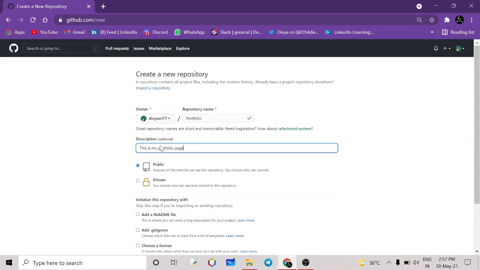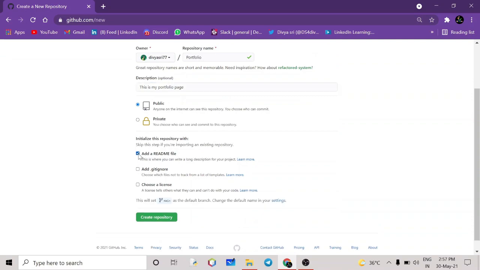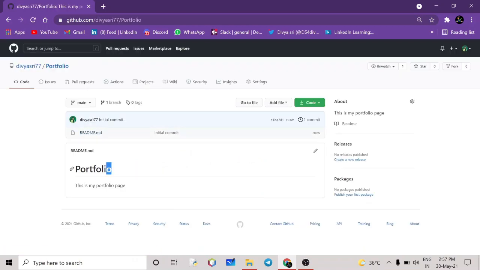Then click the public button, check add a readme file, then click create repository. Now your repository will be created with the name portfolio and with the description. The description will be set here also.